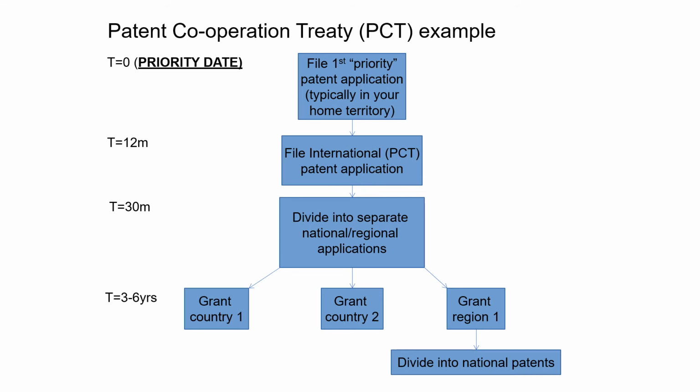But just thinking on this slide about the process of going from your first filing through to a number of granted patents, the first thing you have to do in that respect is at 12 months, which is the end of your priority year. Now, the concept of priority date and priority year is extremely important. Basically, you have 1 year from the date of your first filing to file patent applications anywhere else around the world, which will be treated as though they were filed on the very same date as your very first filing